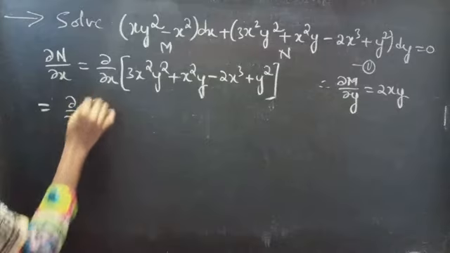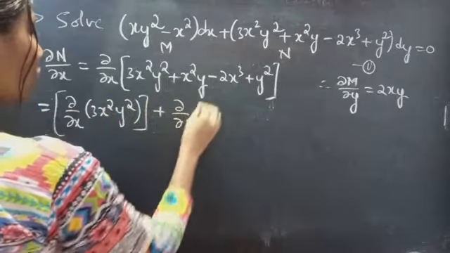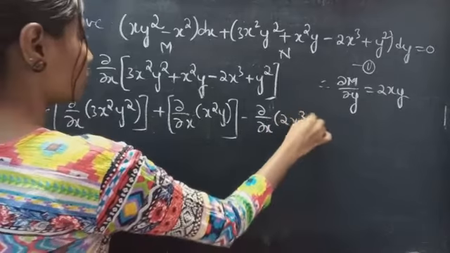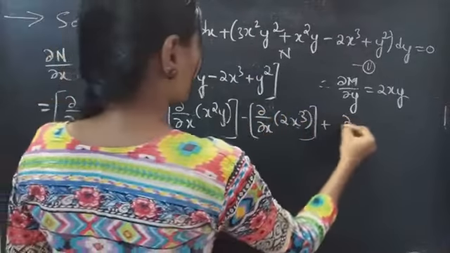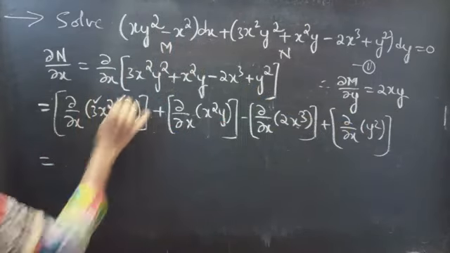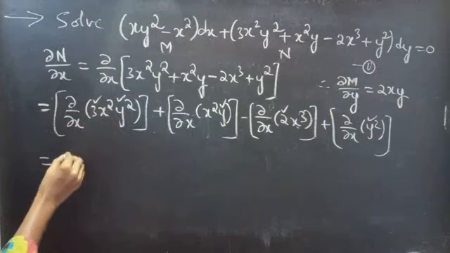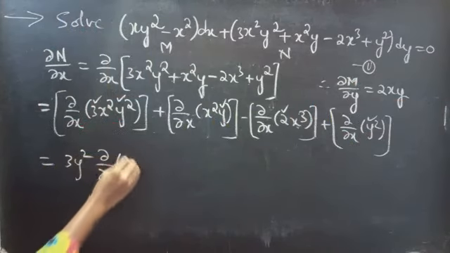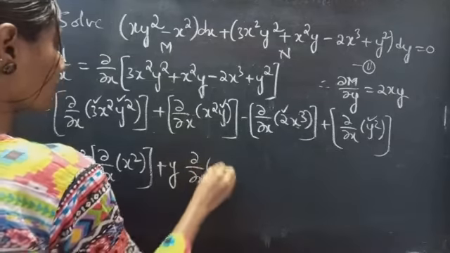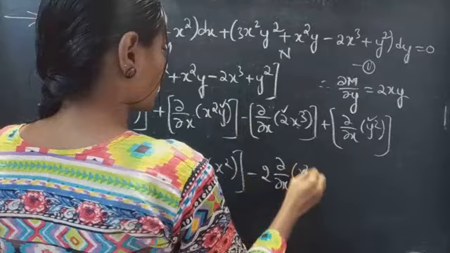This equals the partial derivative of the first term plus the second term, minus the third term, plus the last term. 3y² is constant, so you can write 3y² times the partial derivative of x² with respect to x, plus constant y times the partial derivative of x² with respect to x, minus 2 times the partial derivative of x³ with respect to x,